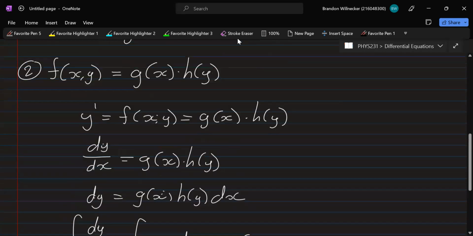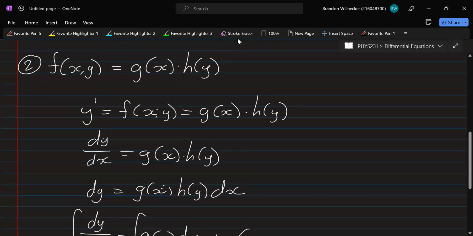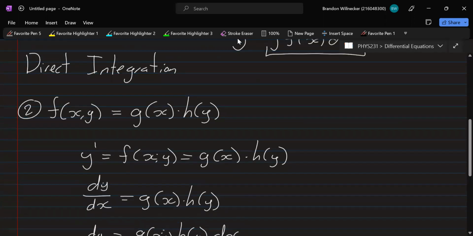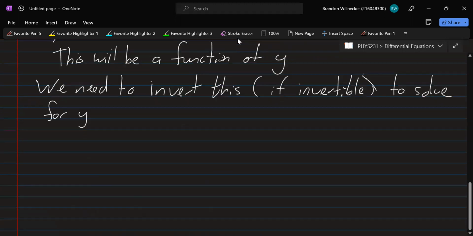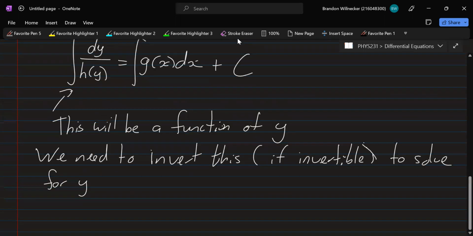Okay, so this is separation of variables. It's one of the methods we can use to solve differential equations, but remember it has to be of this form here. If you can't separate it out like this, then we can't use this method. Okay, so that's number 2. Number 3,